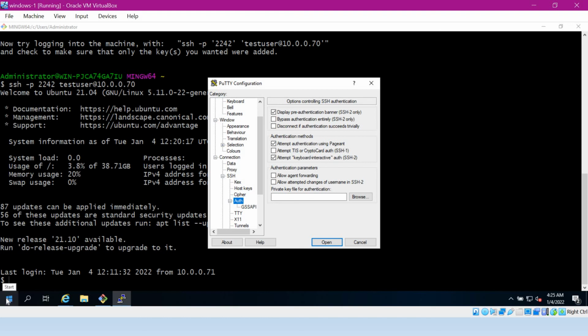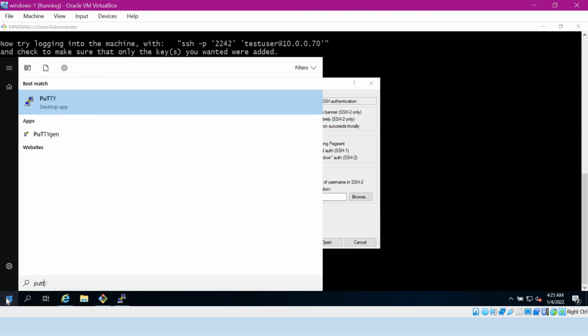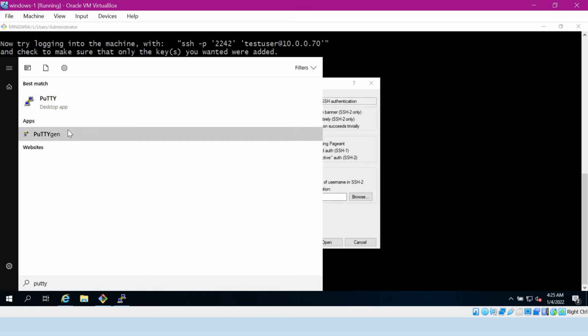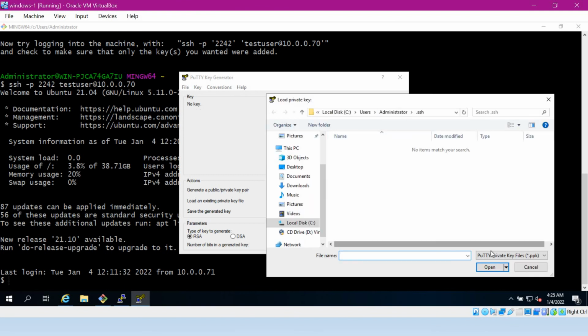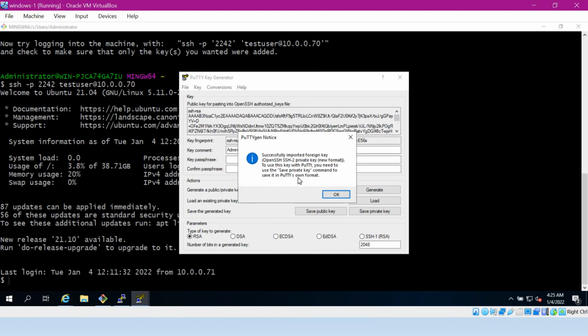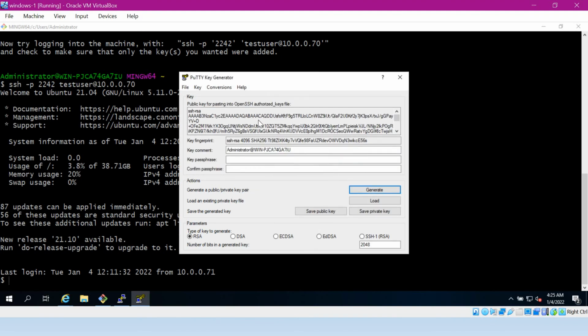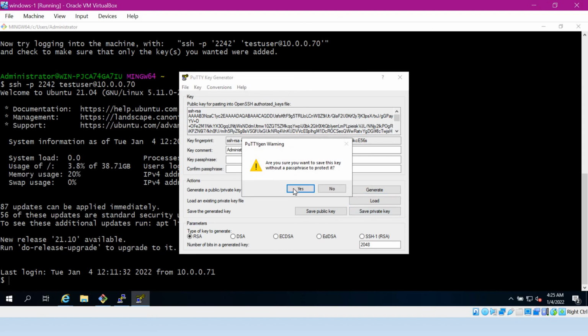For that, we need to open PuTTYgen. Here we need to load our private key, whatever we have generated. Once we select it, we can directly save the private key.